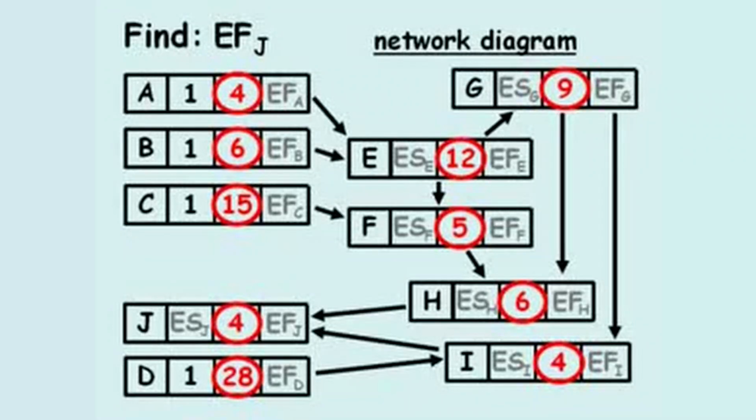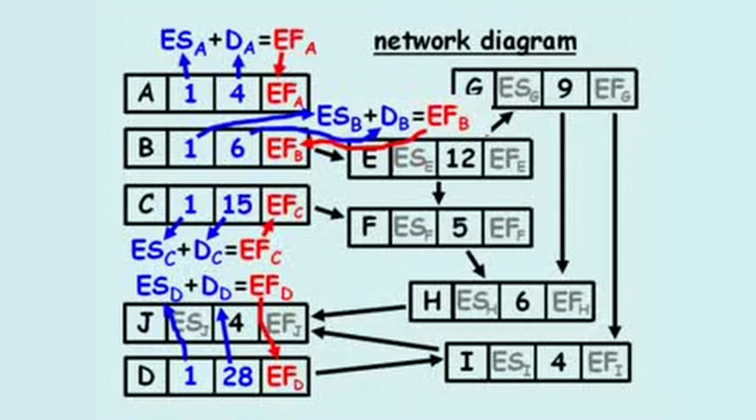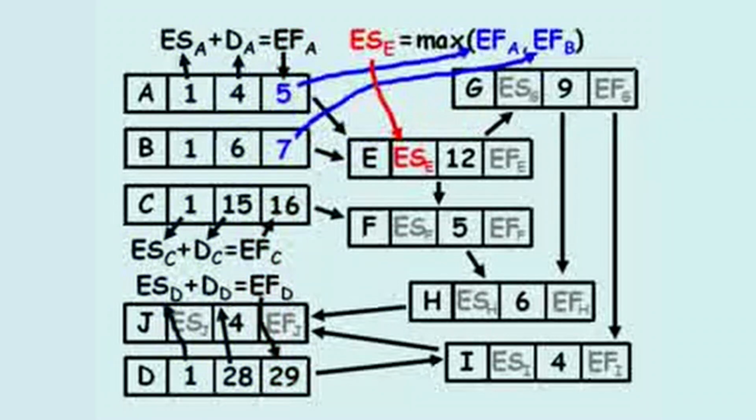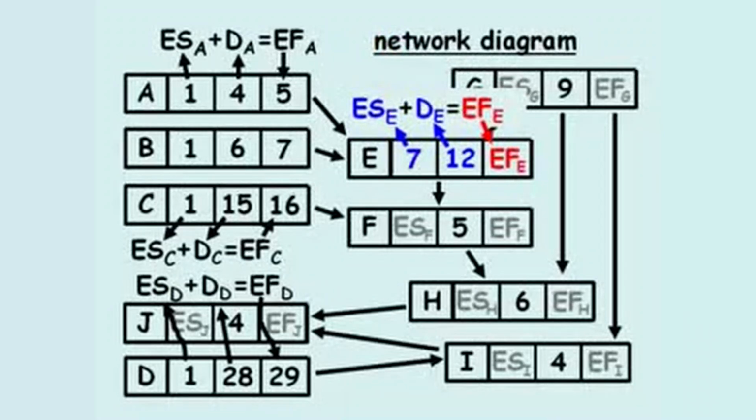We'll begin by adding the early start and duration to determine the early finish for activities A through D, as shown. The early start of activity E equals the larger value between the early finish of activity A and the early finish of activity B, which is 7. The early finish of activity E equals the early start of activity E plus the duration of activity E, which equals 19. Now we can compute the early start